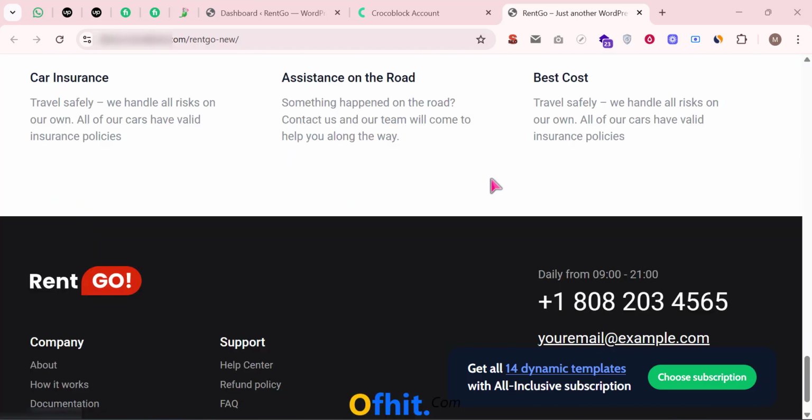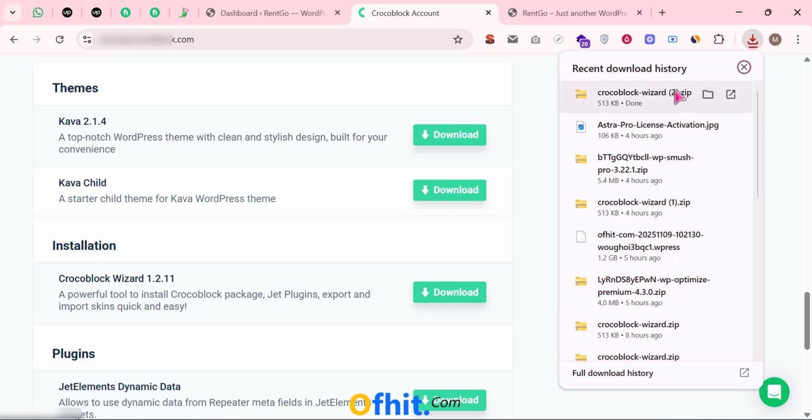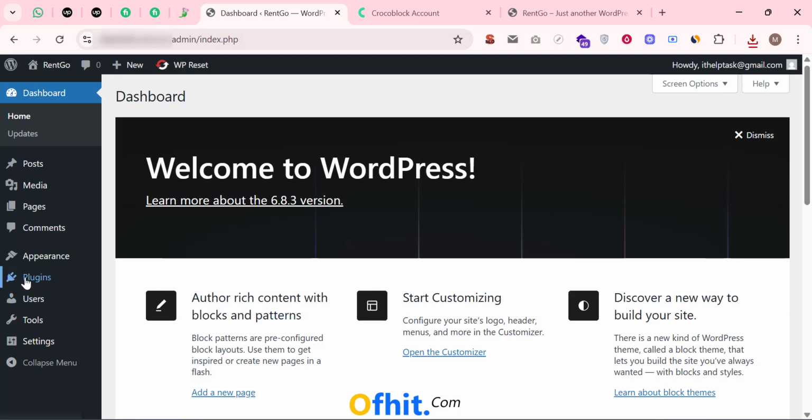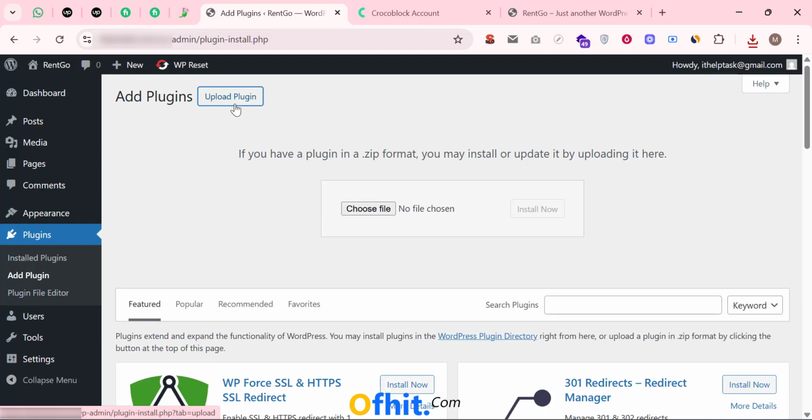So let's get started. First go to the Crocoblock website, then download the Crocoblock widget. So click on download. Look here, download started. Download completed. Now go to our WordPress admin dashboard, then click on plugin and then add plugin, then upload plugin,